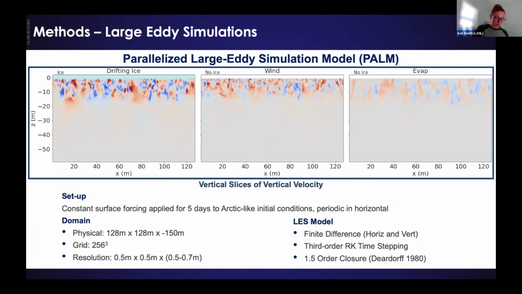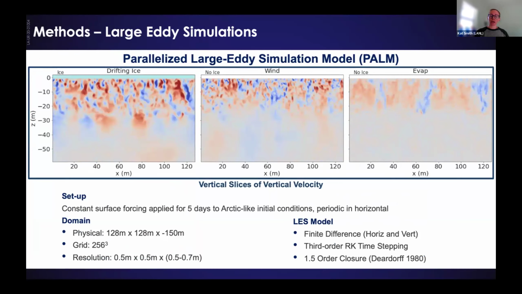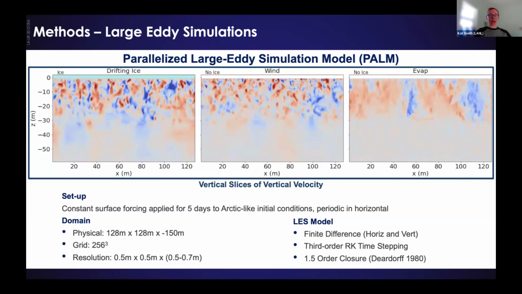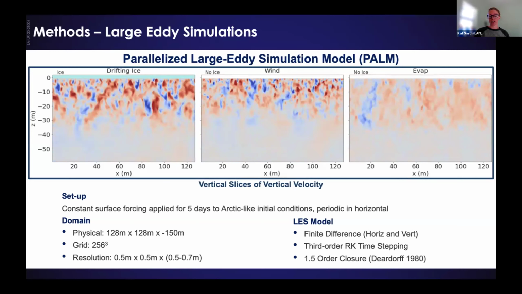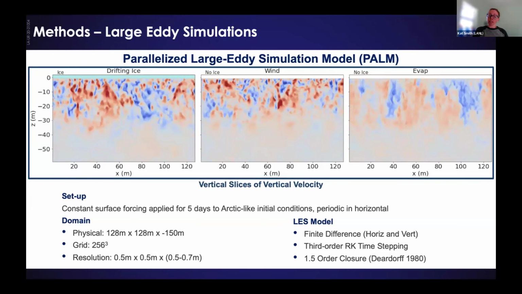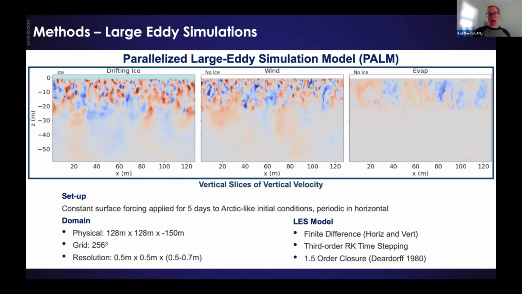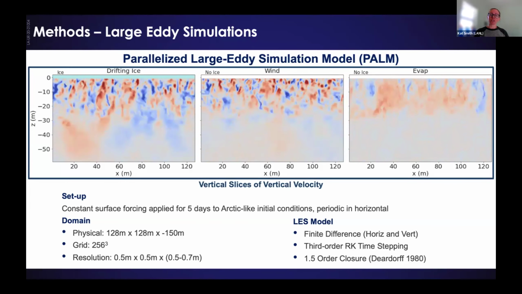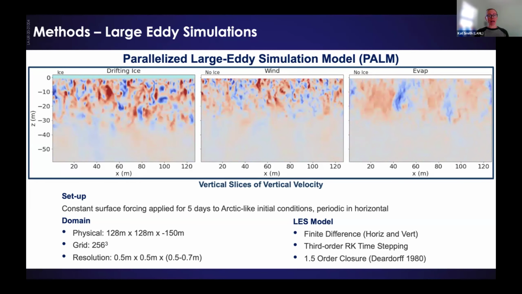So to answer these questions, I'm using large eddy simulations, relatively idealized in that we're just applying a constant surface forcing to the top of the domain. It's a 3D periodic domain in the horizontal, and we'll run them for 5 days, and we have Arctic-like initial conditions that we have chosen. The domain is relatively small. It's just 130 meters in each direction, with a half meter resolution. That gives us what we call resolved LES simulations, meaning that the subgrid scale fluxes are an order of magnitude